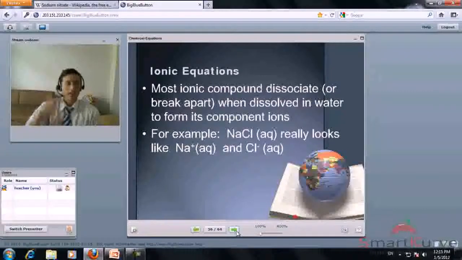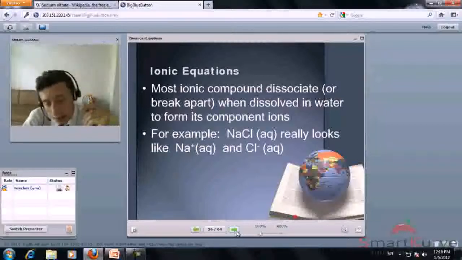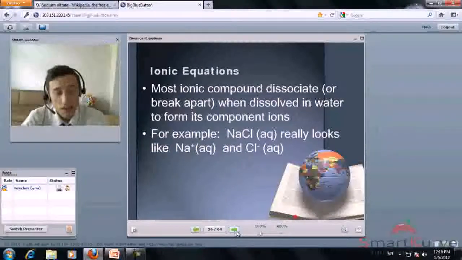Finally, let's look at ionic equations. Ionic compounds often dissociate when dissolved in water. A good example of that is sodium chloride. We form positive sodium ions and negative chlorine ions. Remember what we learned in our last lesson on the periodic table. Why is that? Why do we have sodium and chlorine ions? That's because,